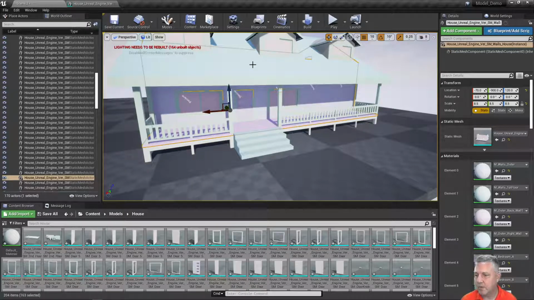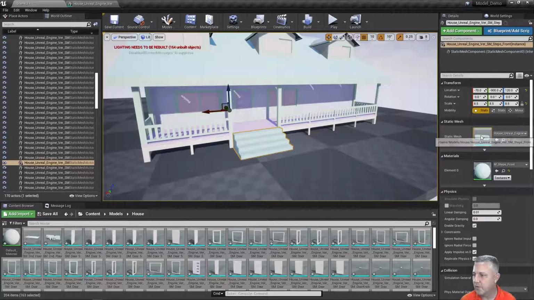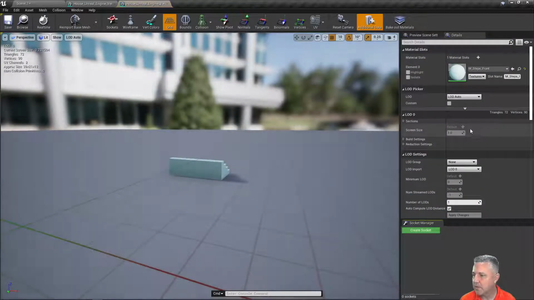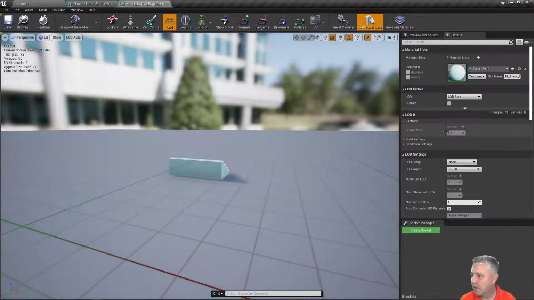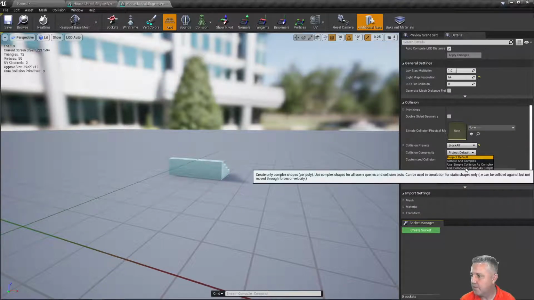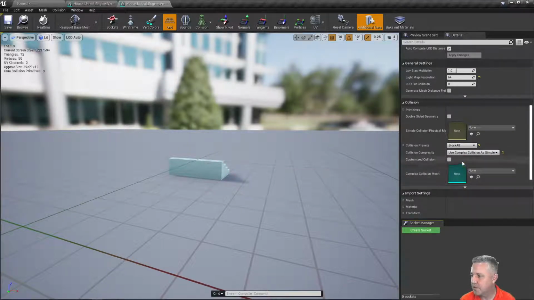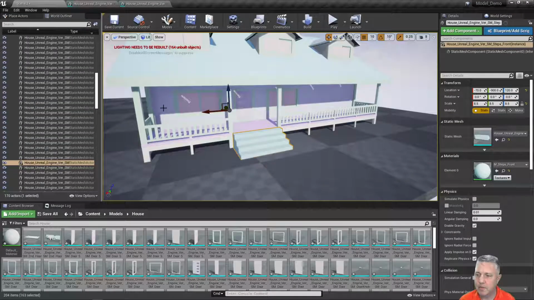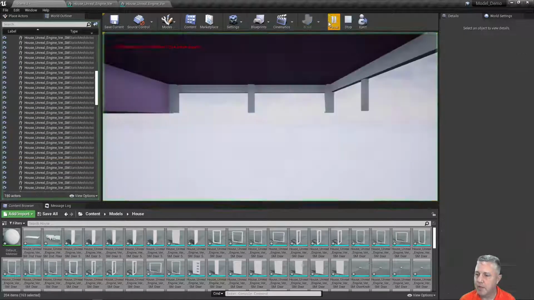Now the next thing I need to do is, because I have these staircases in the way, I need to do that same thing. So I'm going to select one of those. Again, select it, look for the static mesh, double click on it, and we're going to go ahead and scroll down to the colliders, change collision complexity from project default to use complex collision as simple, save it. I'm going to go back to my scene, and now if I hit play,